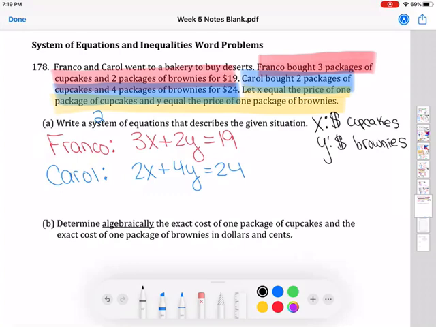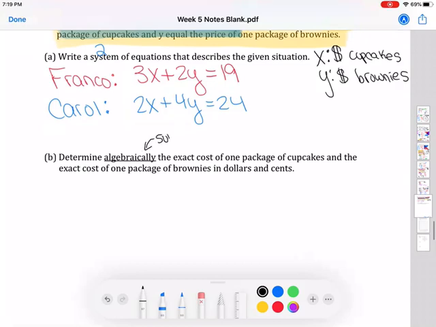Okay, now part B says determine algebraically. So algebraically means you can use substitution or elimination. It's up to you. But determine algebraically the exact cost of 1 package of cupcakes and the exact cost of 1 package of brownies in dollars and cents. So think about what they're asking you. That's why I really wanted you to put this information here. It's really just asking you to solve for X and Y,